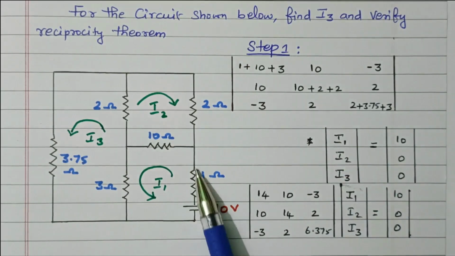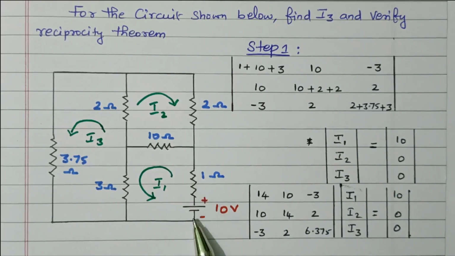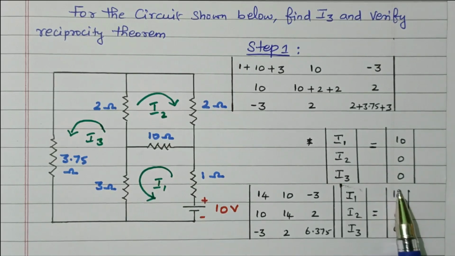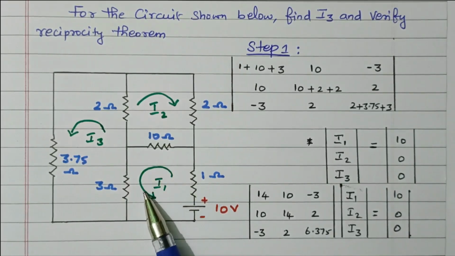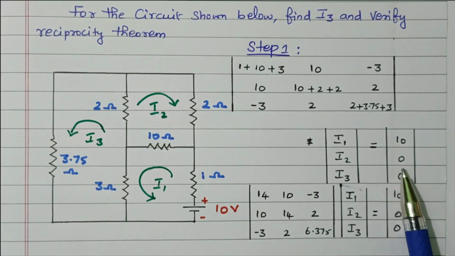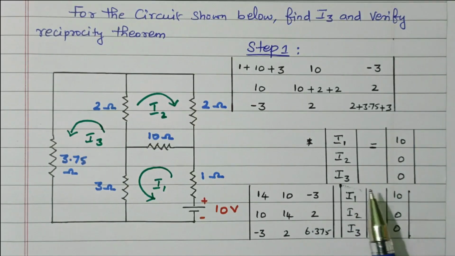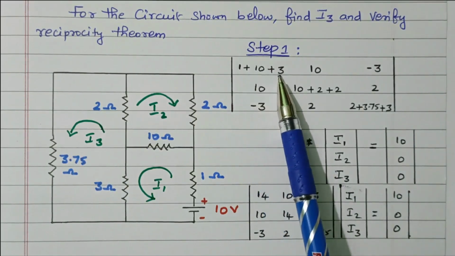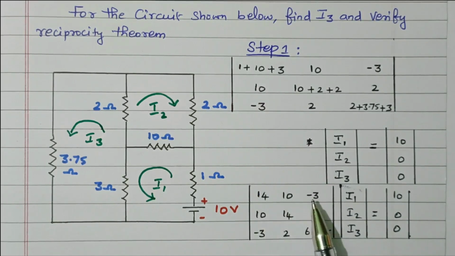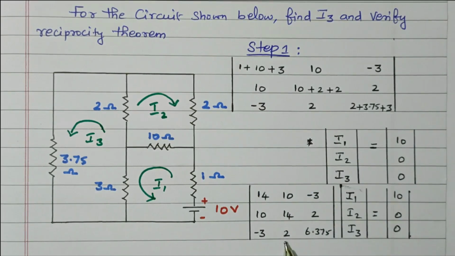The voltage available in the first loop is 10 volts. See the current direction, the current is going from bottom to top, that is negative to positive, so that is plus 10, rise in potential, right? The current is going from top to bottom, that is 10 volts, from the negative terminal to the positive terminal, so that is plus 10, right? In the second and third loop, there is no voltage source available, that is 0, right? So after adding this, 1 plus 10 plus 3 is 14. Then 10, minus 3, 10. This is 14. This is 2. Minus 3, 2. By adding these 3, we'll get